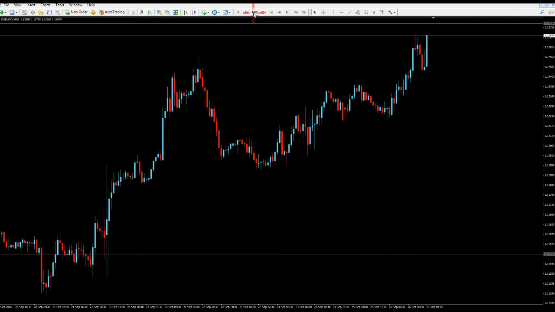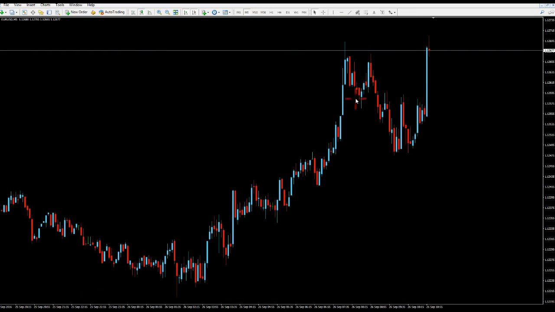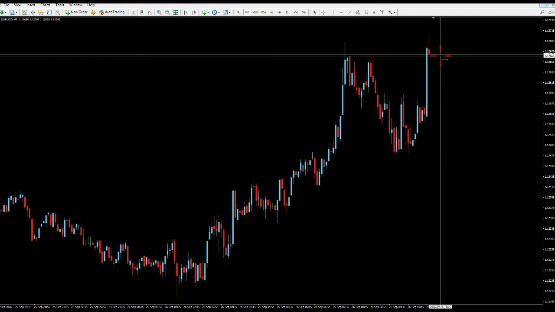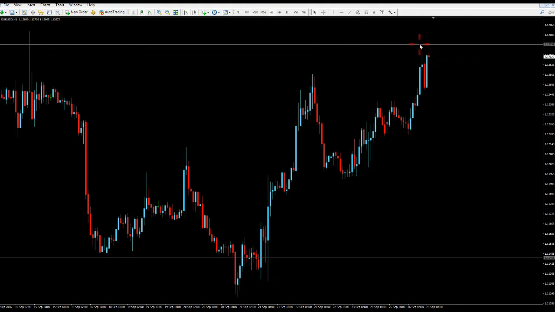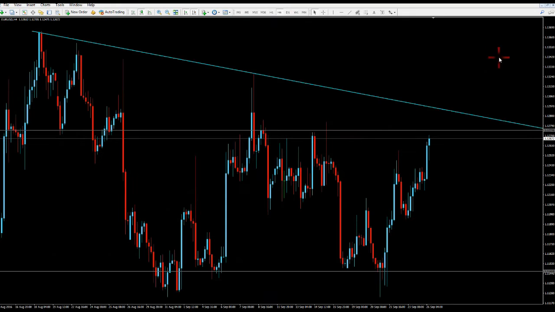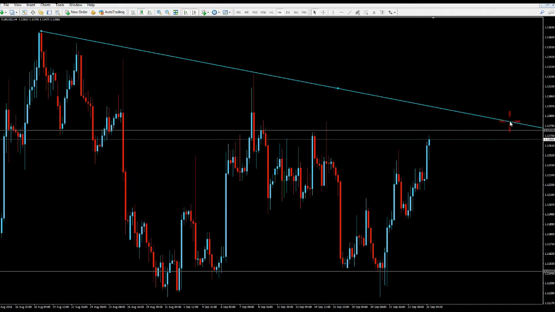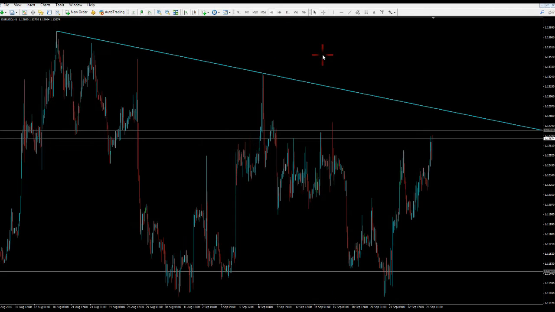Now it's moving up, so if you go to the lower time frame, you see that this resistance just got broken. Now we're gonna have to see if it bounces above and continues up towards our target. So you can trade accordingly up all the way to the trend line. Obviously you can adjust your trend line if you're trading lower time frames. So I like to go to lower time frames and adjust it, maybe based on the 4-hour, or you can also take a look at the hourly time frames